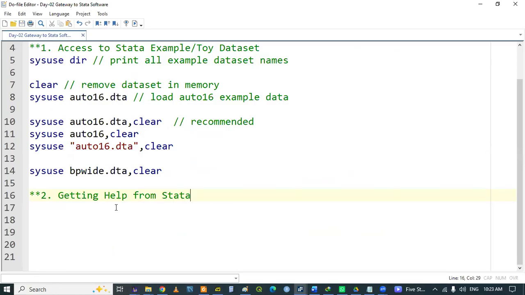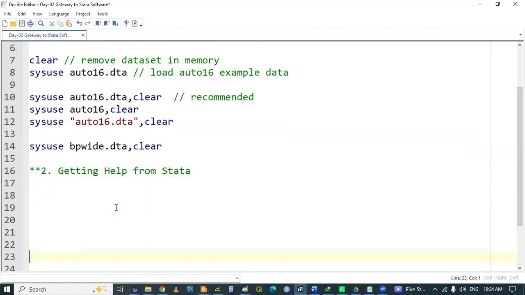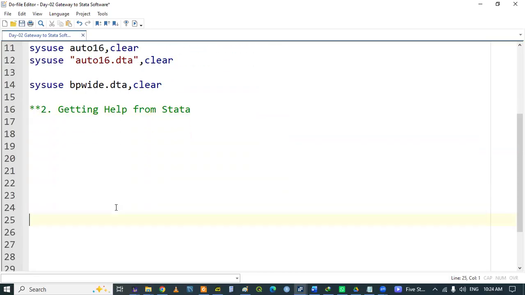You are not going to be taught or commanded by a facilitator or a teacher or a trainer. No. Stata help will enable you to be an independent user of Stata, because each time you get a new command, even if you are yet to be taught,